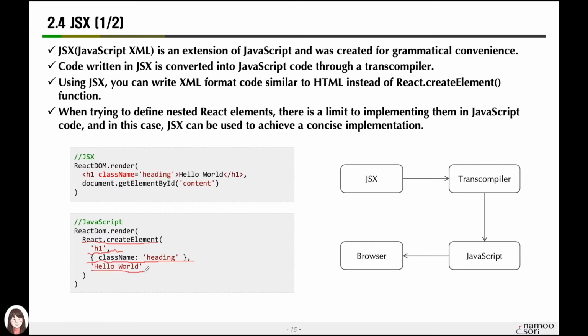Some elements can have their own children, which are the elements they contain. In other words, if there's an element called div, this div can have various other elements such as a p tag or h1 tag. Those are passed as the third parameter.